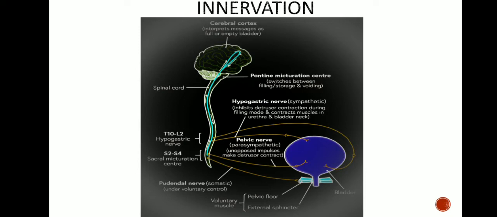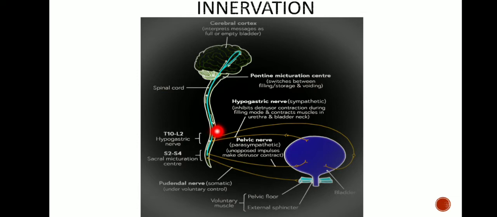So basically the parasympathetic fibers, also called nervi erigentes, are derived from the spinal micturition center, that is the S2, S3 and S4 segments of the spinal cord. They are the motor branches to the detrusor muscle and inhibitory to the sphincter vesicae, that is the internal urethral sphincter. On the other hand, the sympathetic fibers are derived from the